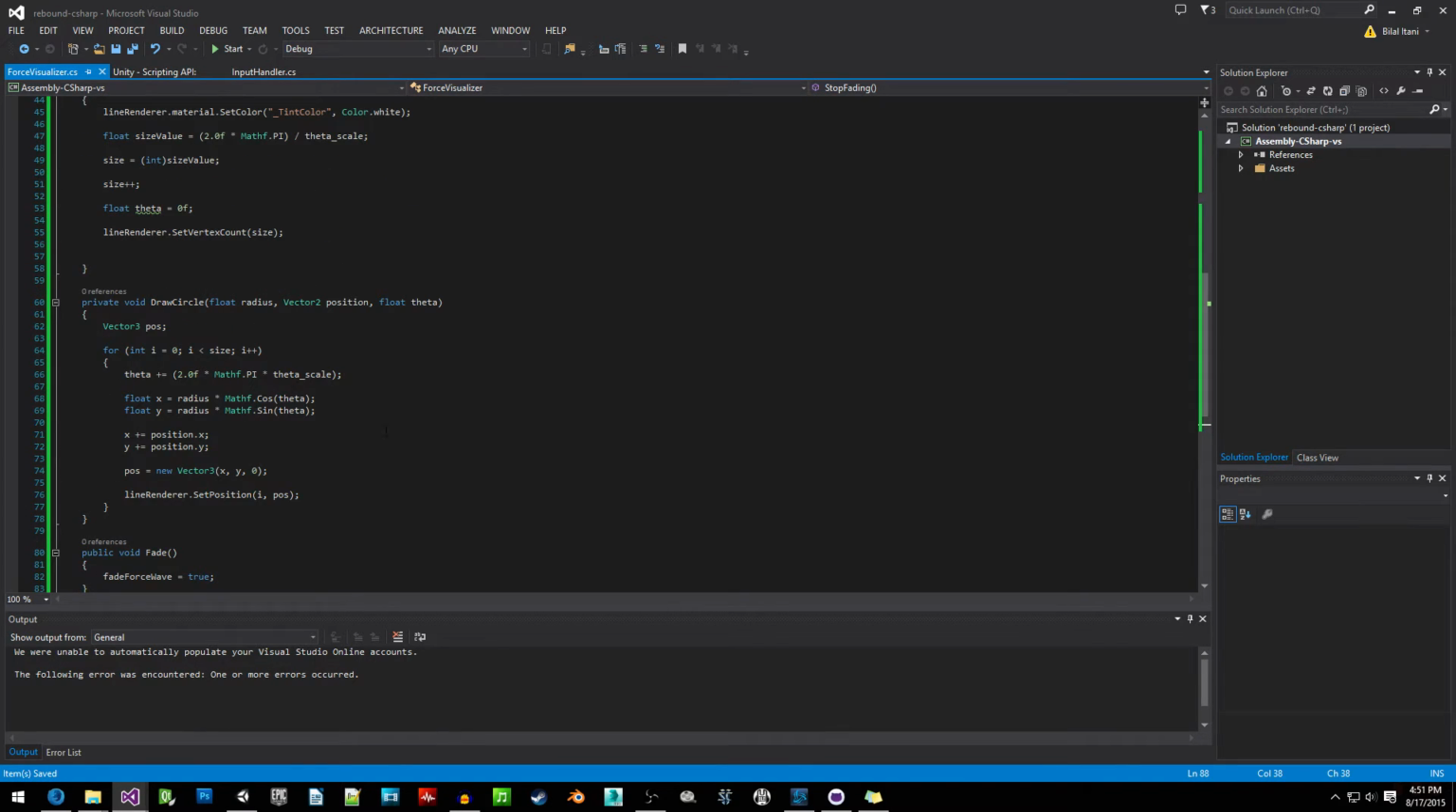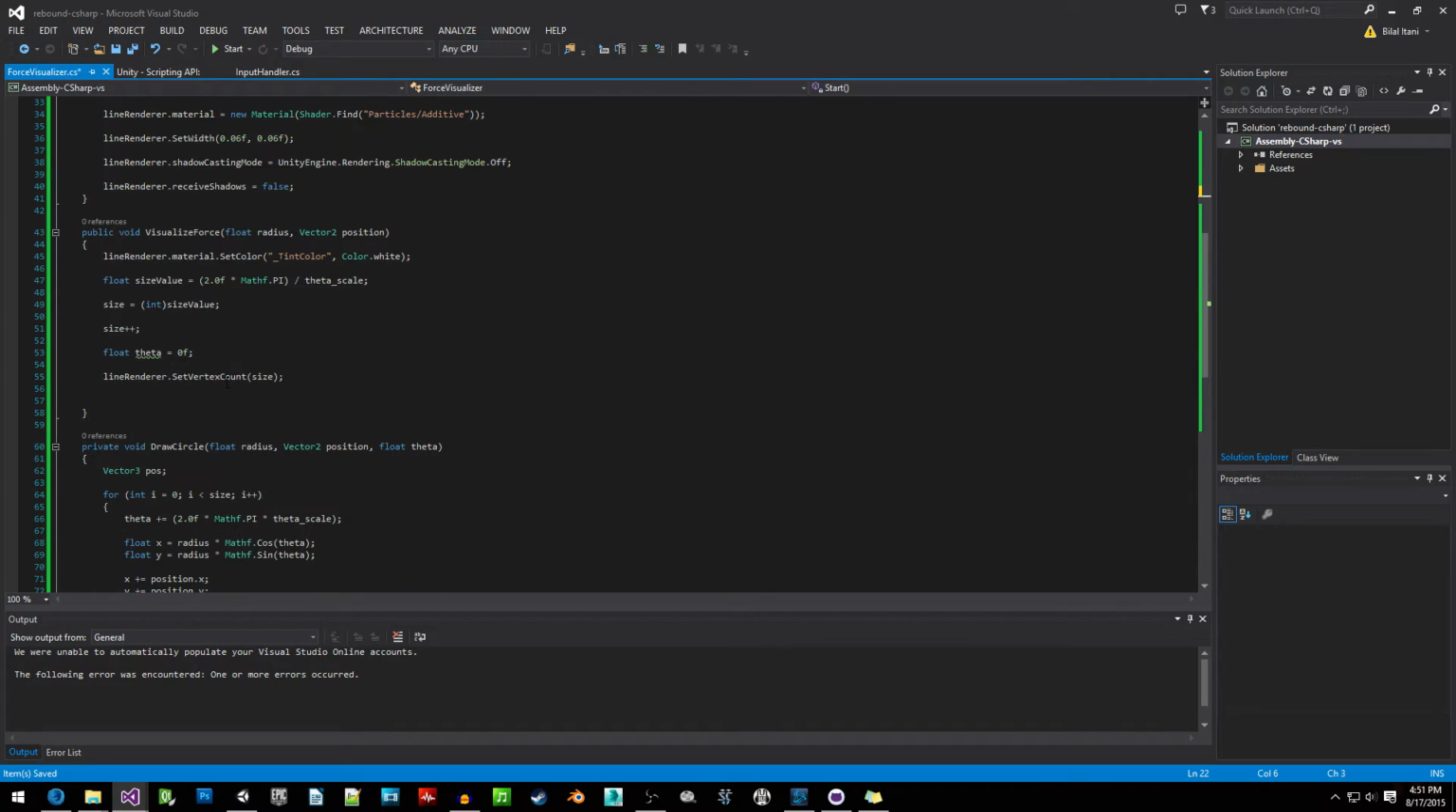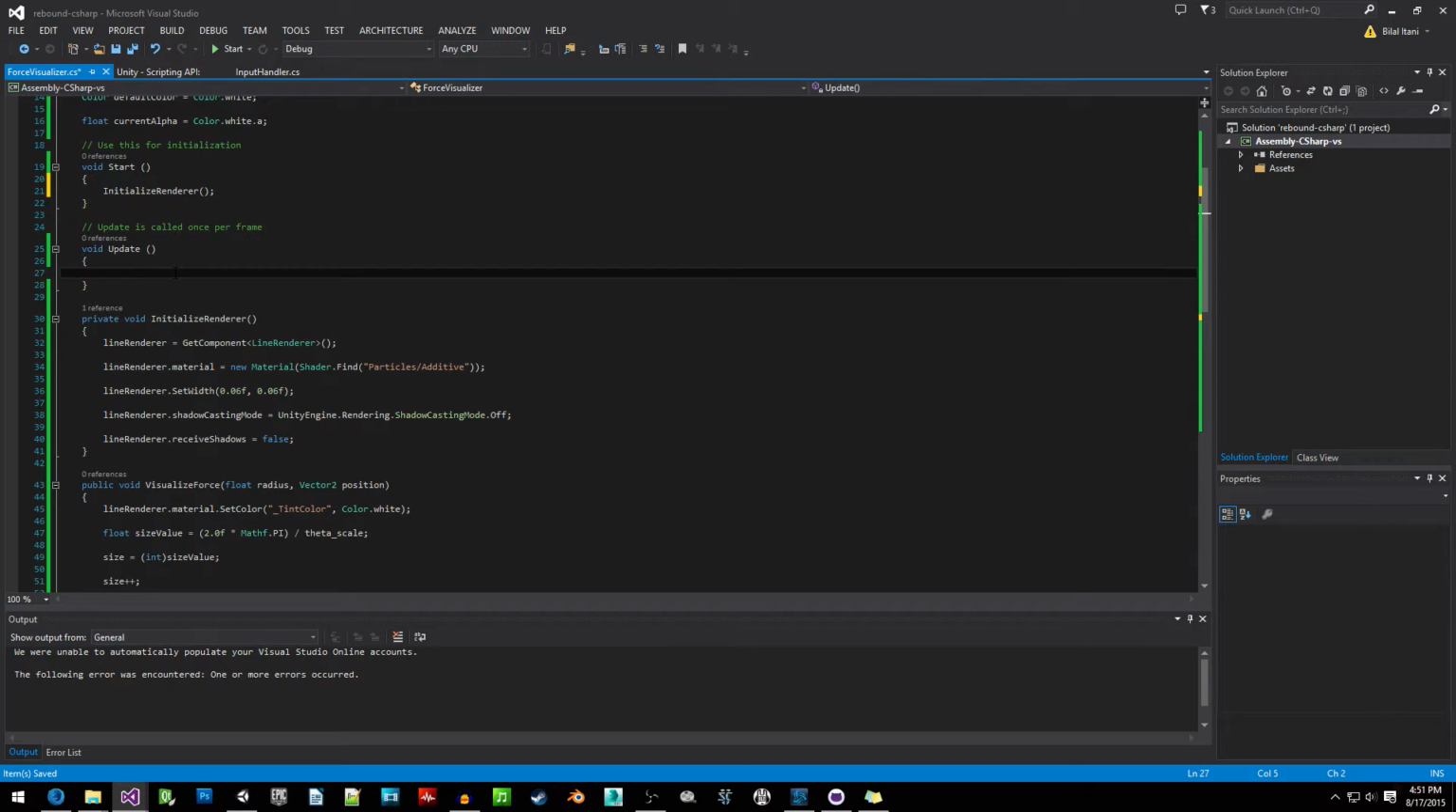Okay. So now we're going to go back up to the start function, and here we're going to call initialize renderer. And we also in here need to call draw circle with the radius, the position, and with theta. And then in the update function, we're going to do if fade force wave